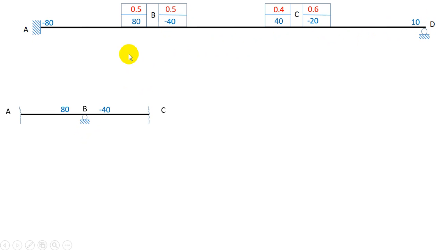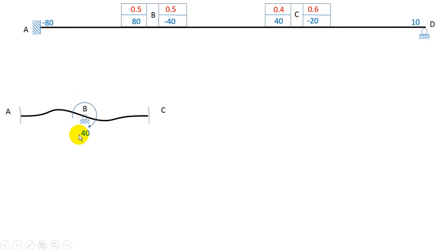Let us consider this joint B, which has fixed end moments of 80 for BA and minus 40 for BC. Now these two moments are acting at this joint, and the two moments are of different magnitudes and of different nature. One is clockwise, another is anti-clockwise. So if there are two moments of different magnitude and different nature, then a resultant moment is created. If I just sum up 80 and minus 40, I get a resultant moment of 40